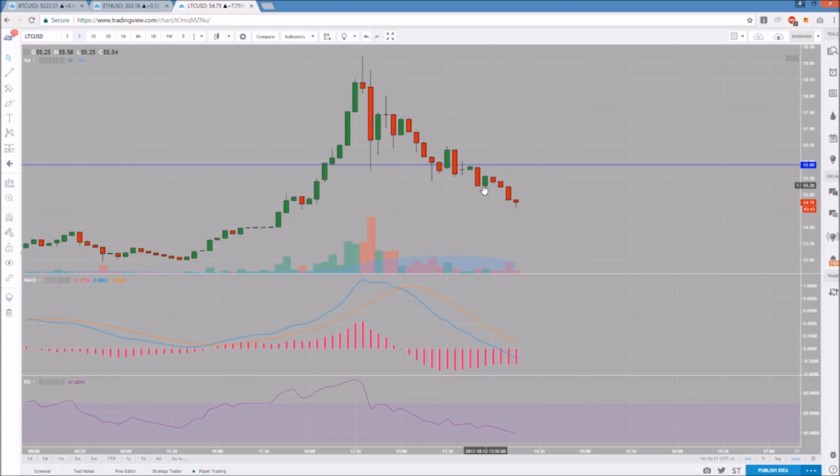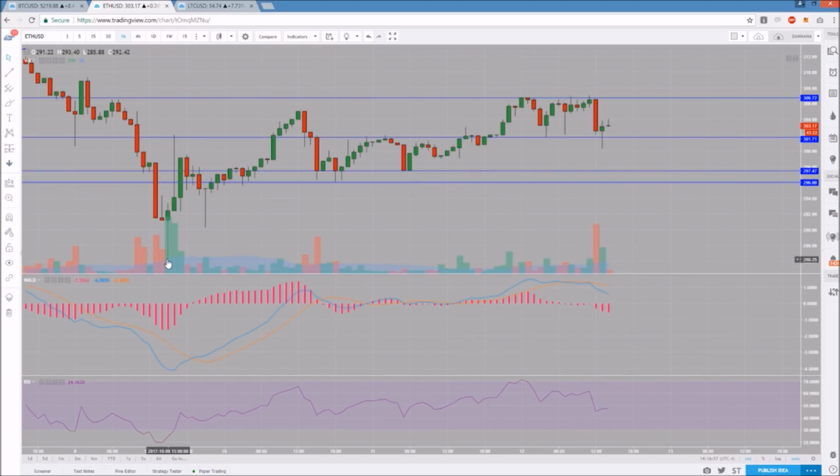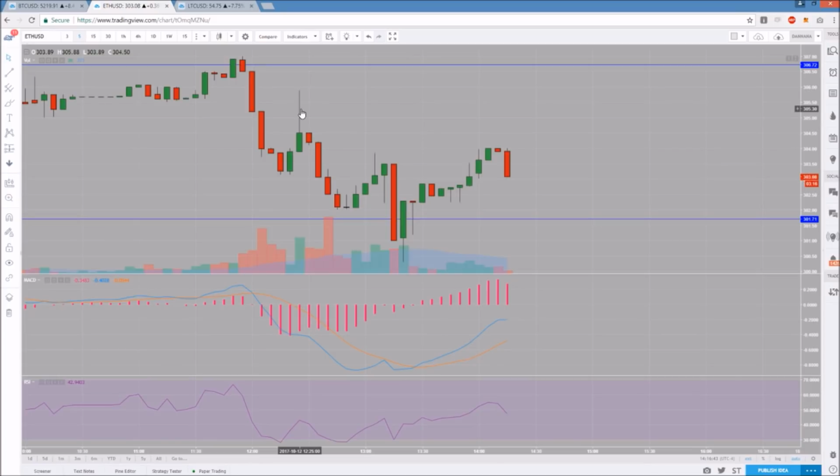I've also been changing my game plan, where life events and things going on have dictated me to shift around to be experimenting with half of my capital in swing positions and half of my capital sitting in cash for trading opportunities like today. I flipped Bitcoin a few times on the way up, and I did have an Ethereum swing position from this oversold bounce from 292, and I did lock that in when we broke support here,